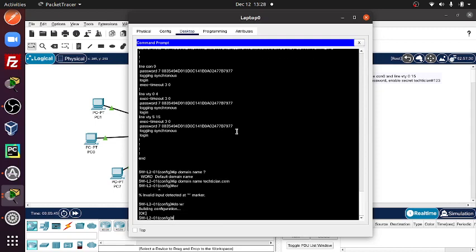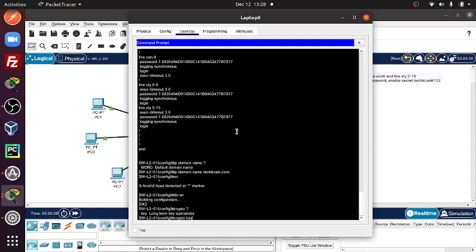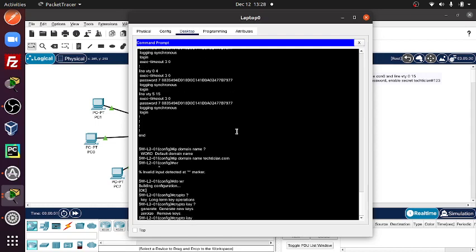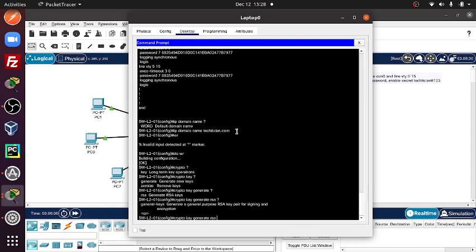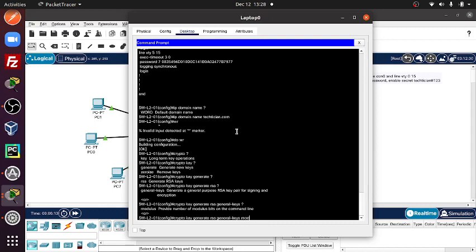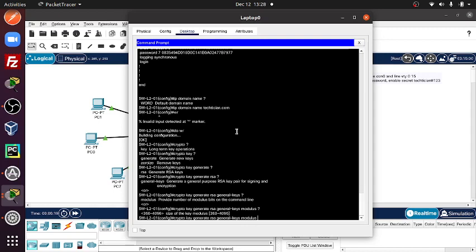We can save the configuration. And another thing we have to do is generate RSA keys. It's for encryption. So it's crypto key. We do generate RSA general keys, and then modulus, and the size. Well, the size, we're going to make it 2048 bits. Okay,